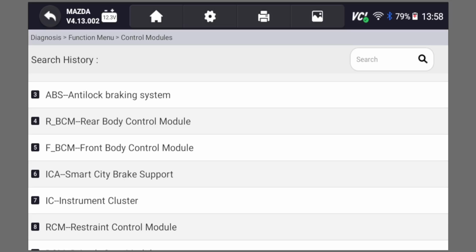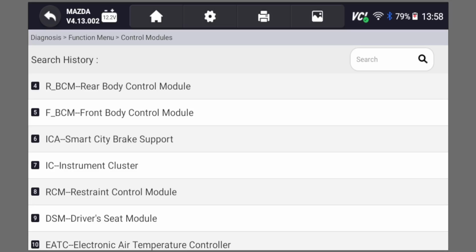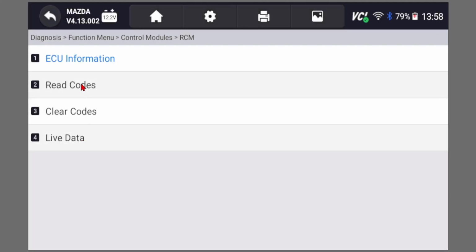So in some models, the airbag control module will say just that, airbag control module. Sometimes it might say SRS. In this case, it's restraint control module, or RCM. So the first thing you do is, if your airbag light is on, in our case it's not, but if